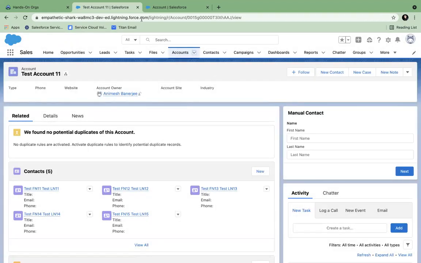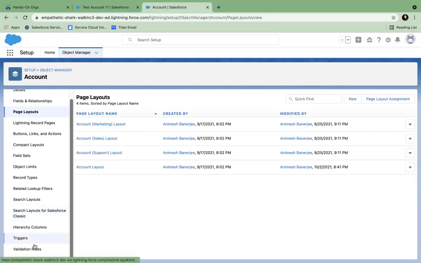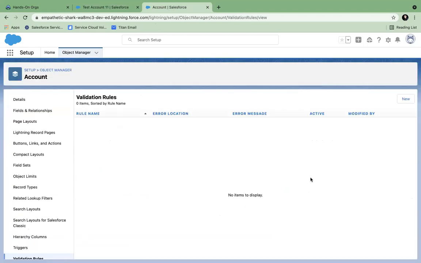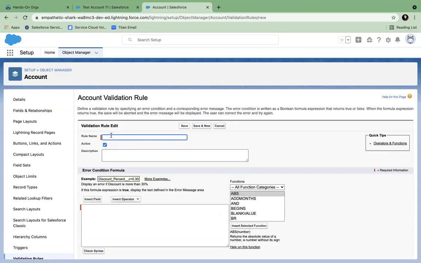or there are no conditions at all, I want to make the employee field mandatory. Is there any other way of doing it? Of course, there is another way. Usually a validation rule is used when we want to make a field mandatory under certain conditions. Okay, so let's see what the validation rule is. So what is employee cannot be blank?